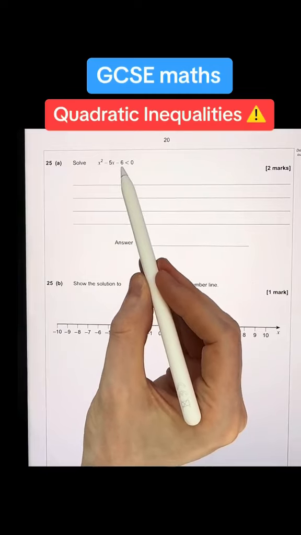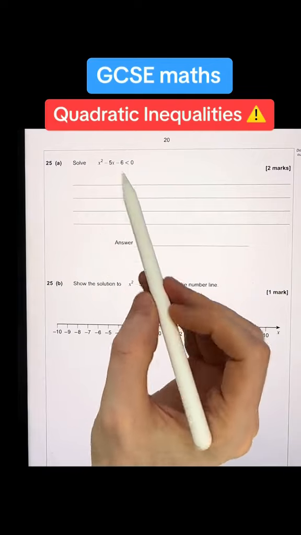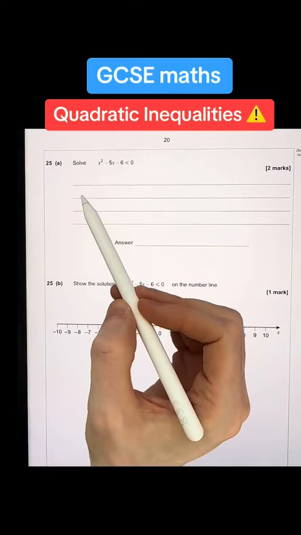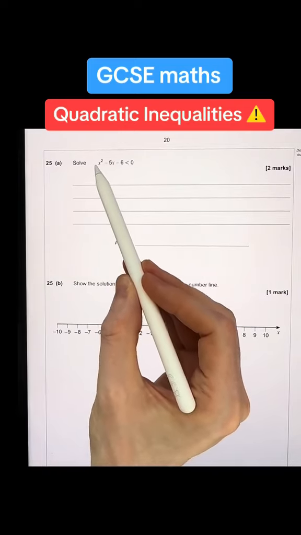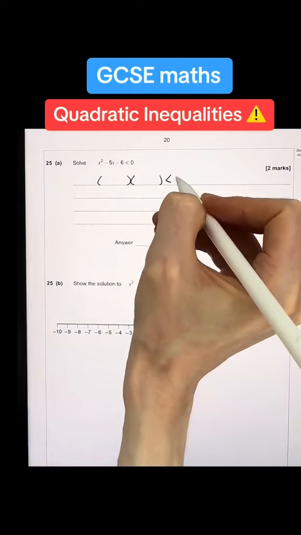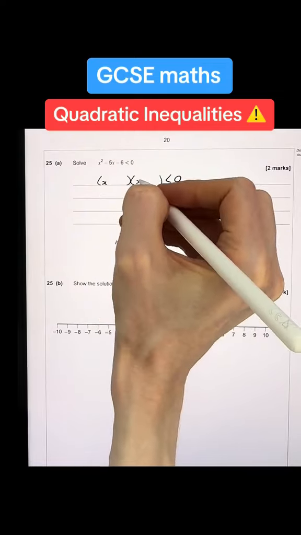When solving a quadratic inequality, my first step is to ensure my quadratic is on one side and 0 on the other side. My next step is to factorise my quadratic. As I have 3 terms, a quadratic in terms of x, I know it's going to factorise into what we call double brackets. As my quadratic starts x squared, I know each bracket will start with a single letter of